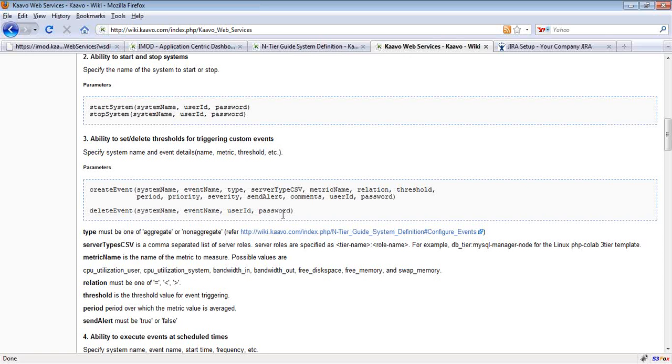Actually, I should have mentioned this before: whenever we launch an application using our iModeNTR engine, all the instances or servers that come up are added to the monitoring system's list of servers, and the monitoring system monitors all the servers. It monitors certain predefined metrics, and using that, you can define certain triggers in the monitoring system.